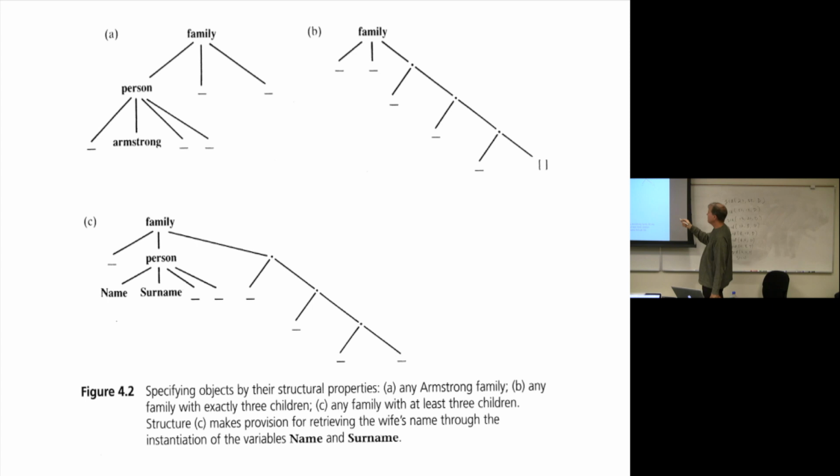What will this one match? Any husband, any wife, and then any 3 children. So this structure will match any family that has exactly 3 children. Are you with me? And furthermore, what will this one match? This C, what will this match? This will match all the families